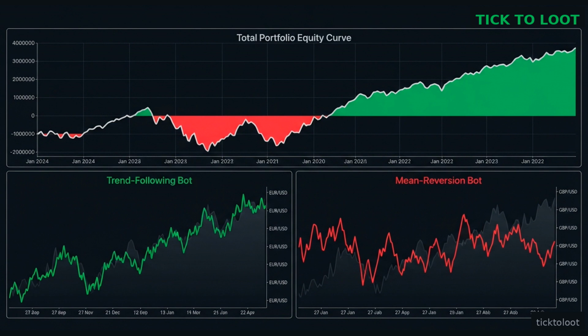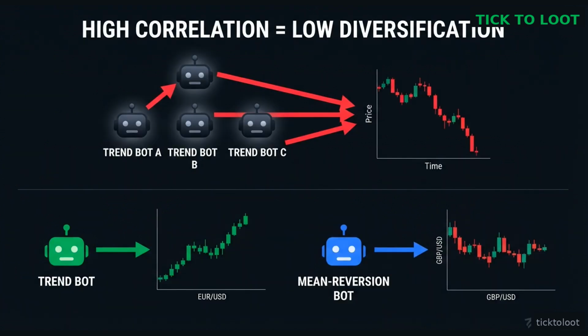You can also set a simple rule. If the trend bot's equity falls below a certain level, you temporarily pause it while the mean reversion bot continues. The visual cue of the combined line helps you make quick decisions without opening dozens of separate windows. This single-screen view saves time, reduces confusion, and gives you a clear picture of how your diversified strategy is really performing in real time. Finally, let's talk about a common pitfall that many beginners fall into: loading up on too